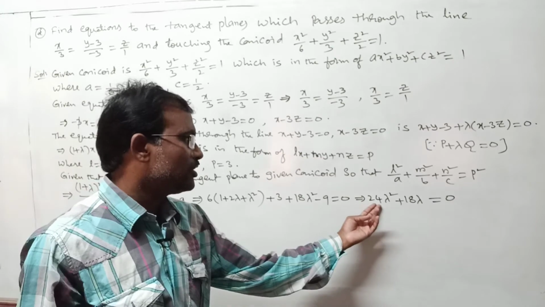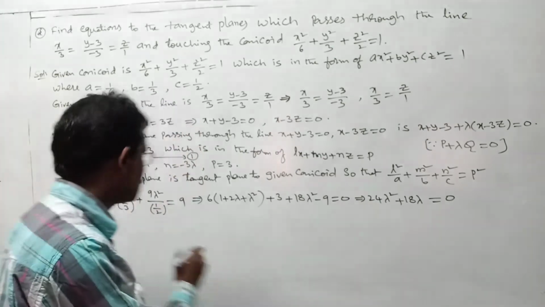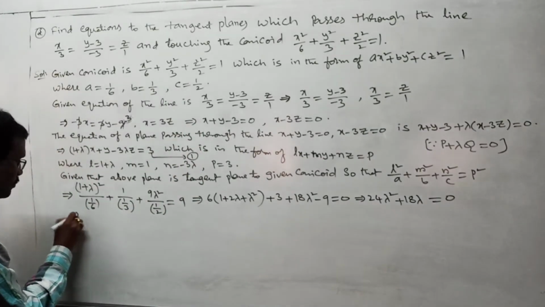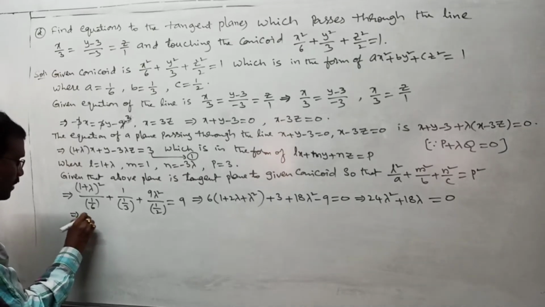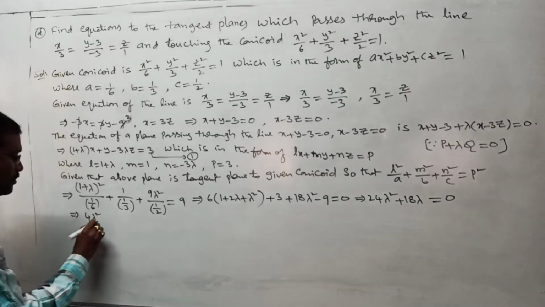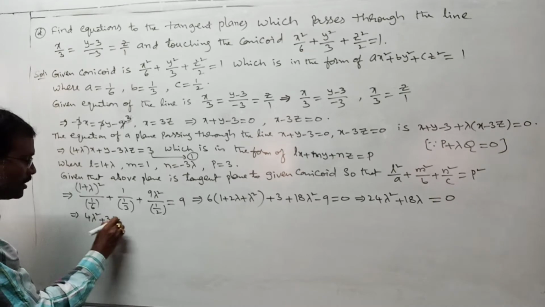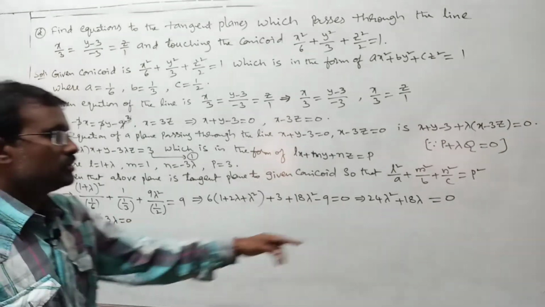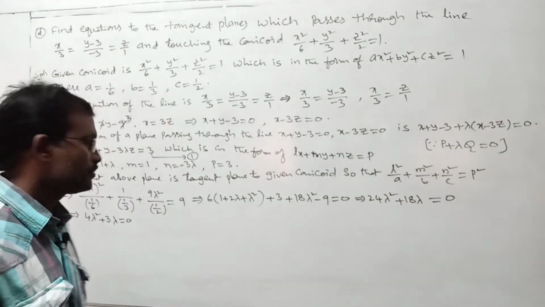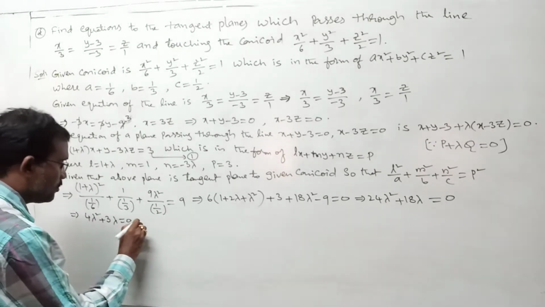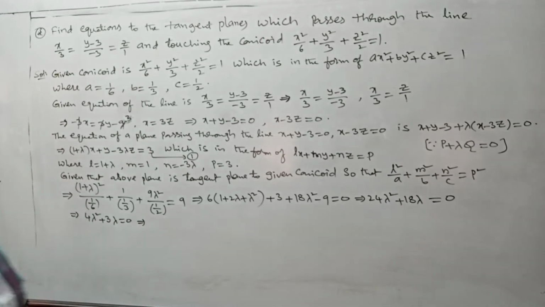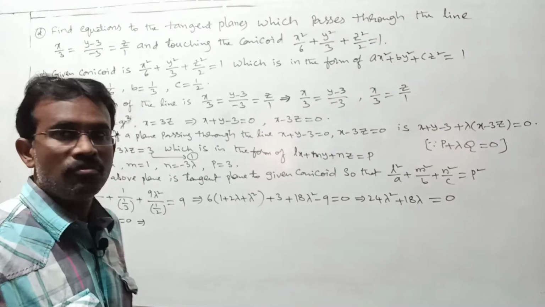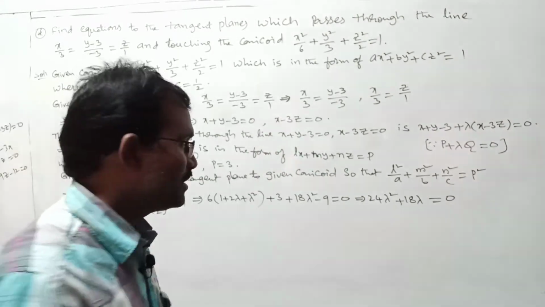Here you can divide with 6, no? This implies 4 lambda square, 6 4 the plus 3 lambda is equal to 0. 6 3 is the 6 4 the. Here take lambda common. This implies lambda into 3 by 2 we got, no? Lambda into 1 minus, no? Yes, let us see here.